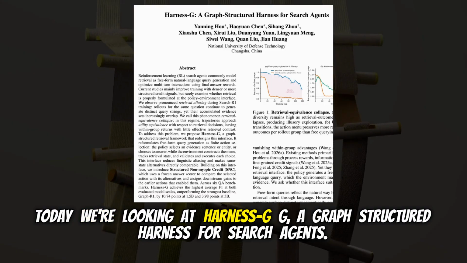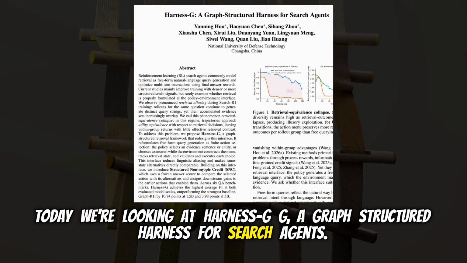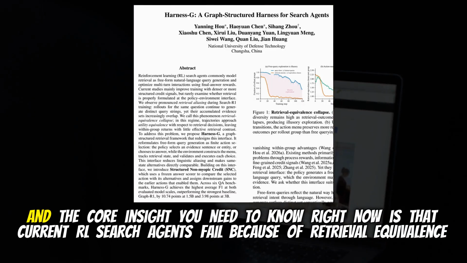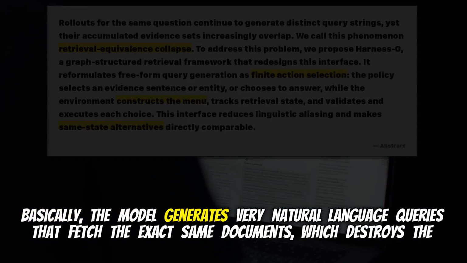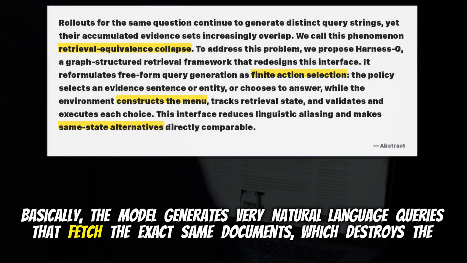Today, we're looking at Harness G, a graph-structured harness for search agents. And the core insight you need to know right now is that current RL search agents fail because of retrieval-equivalence collapse. Basically, the model generates varying natural language queries that fetch the exact same documents, which destroys the contrast